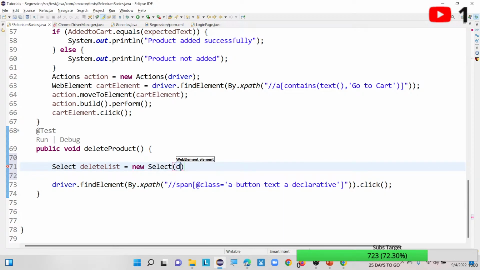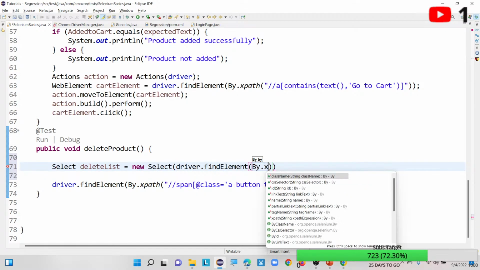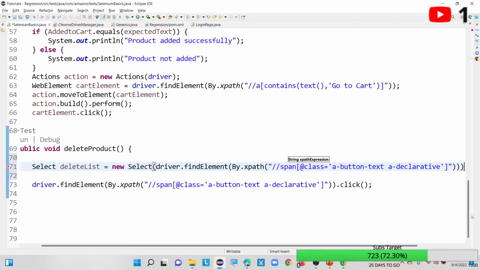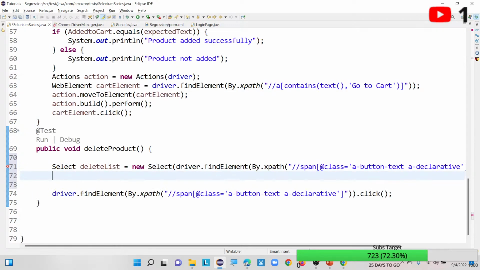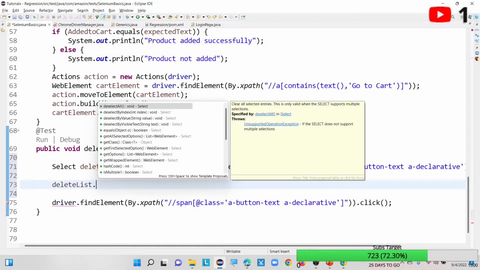So driver.findElement by XPath of the same XPath, I can paste it here. Once this is done, delete list dot,